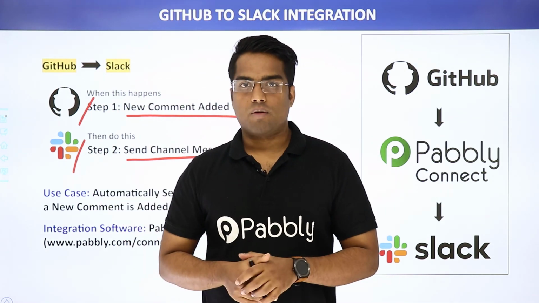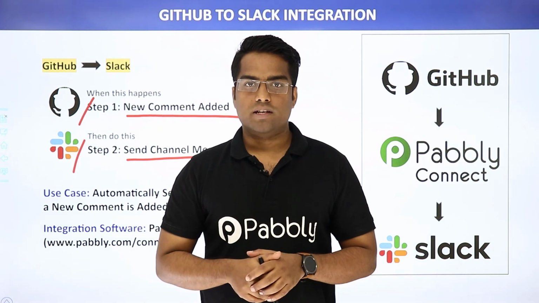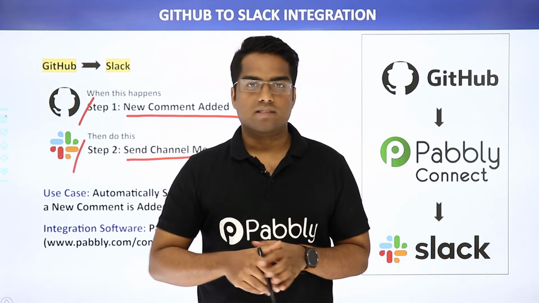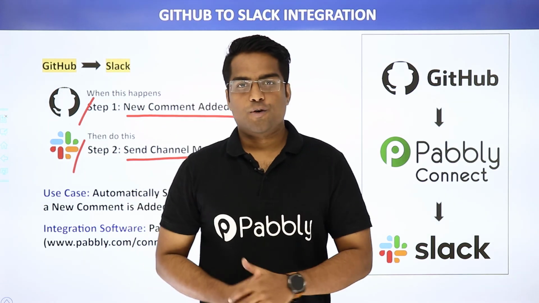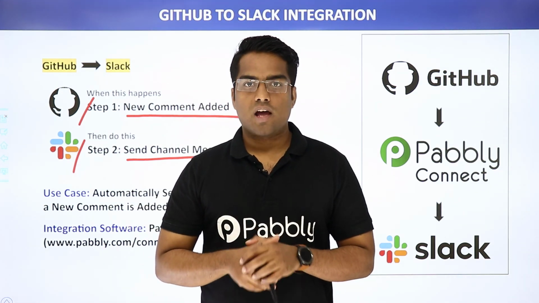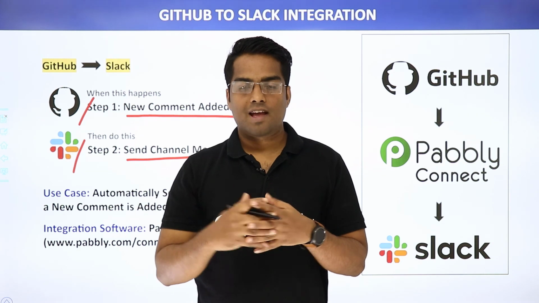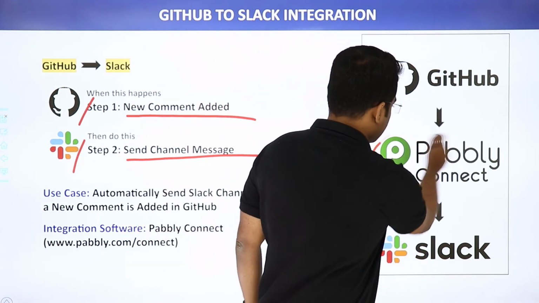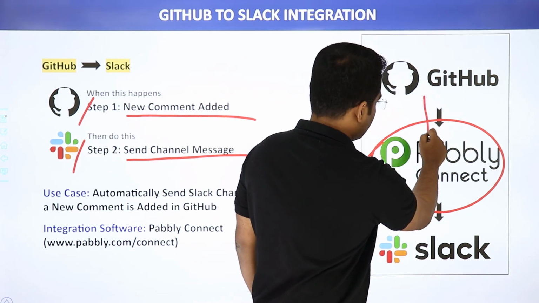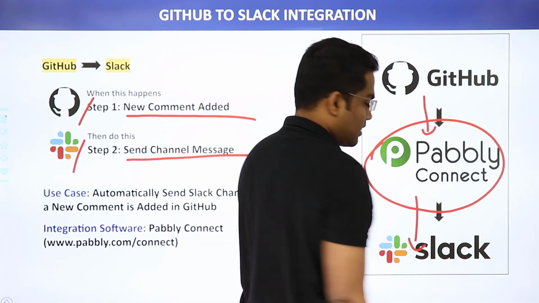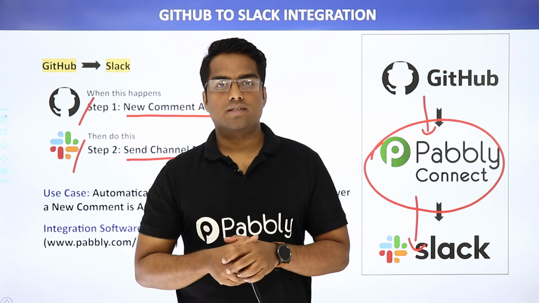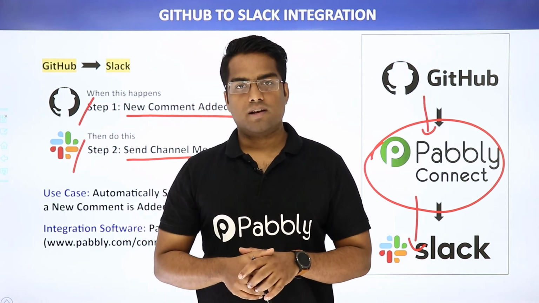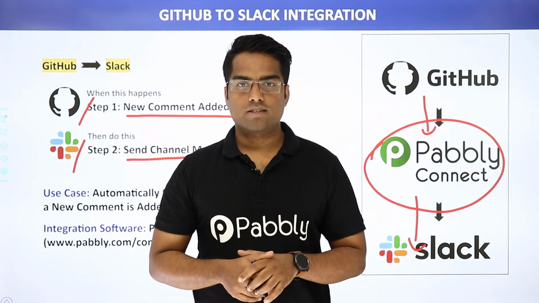But there is one minor problem. Of course there is some kind of integration between GitHub and Slack. But this native integration is actually very limited. So in cases like these, we need to bring a third app to properly connect them both. So in this video, we will be using Pabbly Connect to integrate GitHub and Slack. And the best part of using Pabbly Connect is there is no need for coding skills or programming knowledge. It can be done easily. Let me show you on my screen.